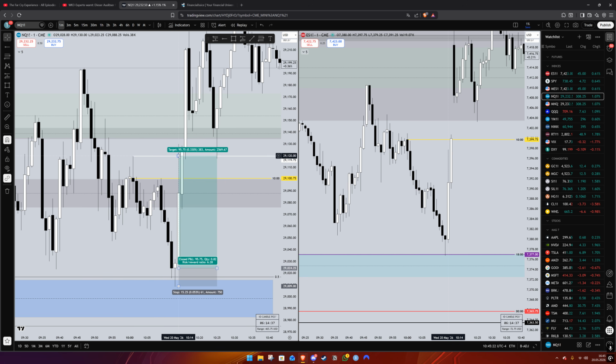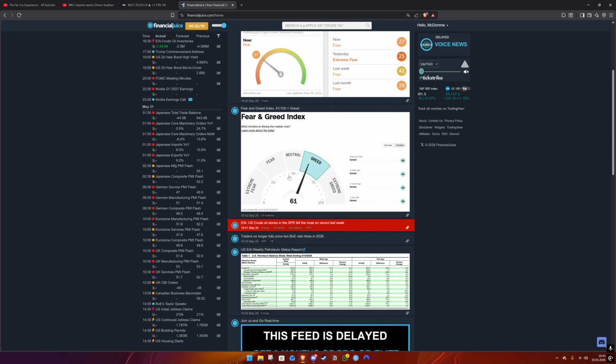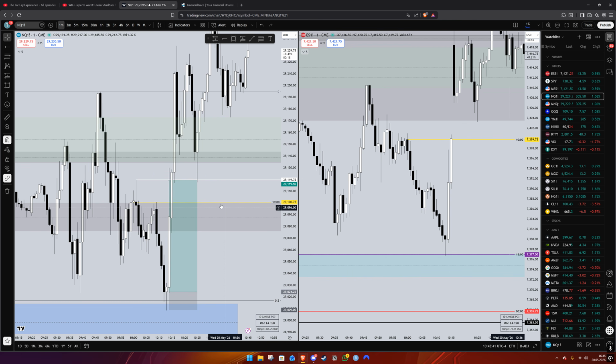Could have scaled here and then held runners to this high. I did not. I just wanted to get my trade. It's like 1K on the day, copy traded, so I don't really mind holding for more. And yeah, that's about it about the trade. I mean, we had some kind of news delivery, so that's lucky in some sort. The timing is actually insane on this, but